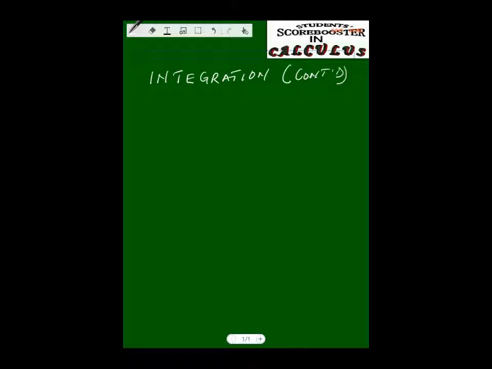Today is going to be the last topic under calculus, and the subtopic we shall be looking at is area under the curve. The applications of integration